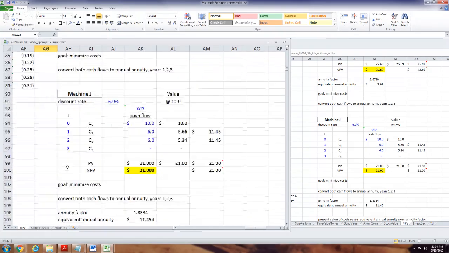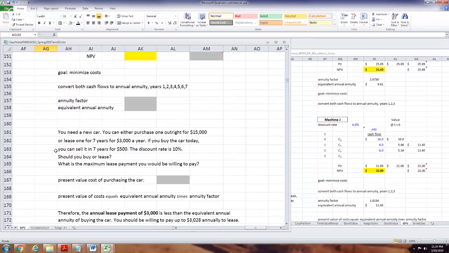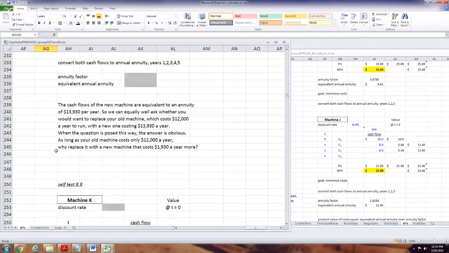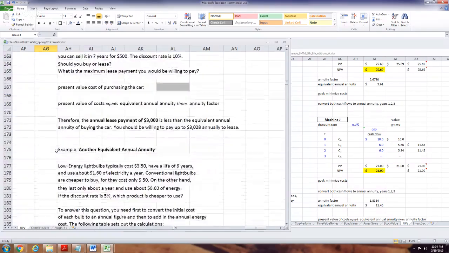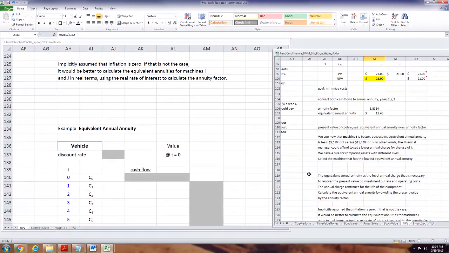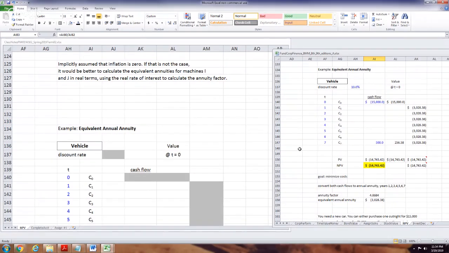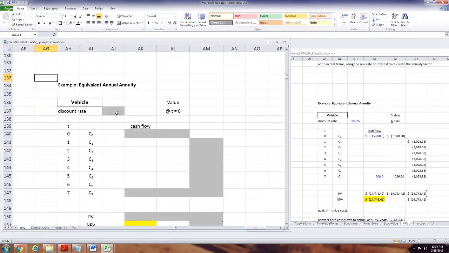Okay, so you compare the annual cost of these things, and so you have that example. We have 1, 2, 3. There are 3 more problems to go. So like I said, let's push through and hit this. This is another one. We had all of our analysis here. This is a vehicle, and the cost of capital is 10%.